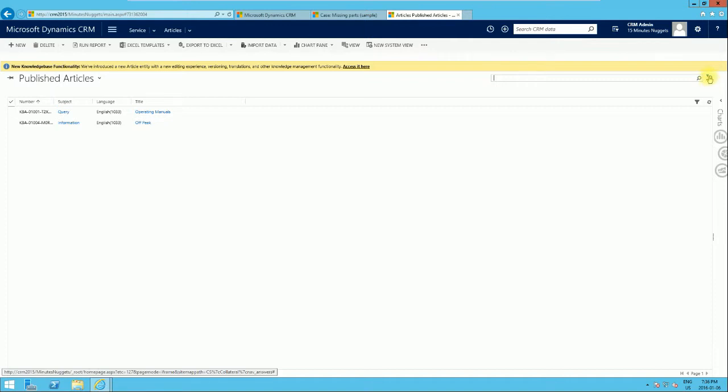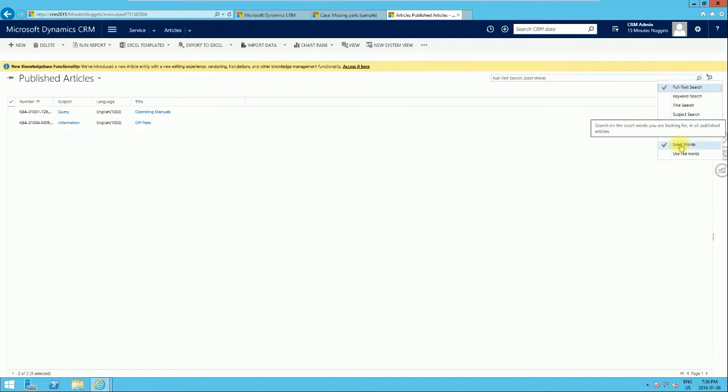But before we do that, you will see the search tools here, so you can click on that. By default, you see that you have full text search selected and also exact words. What that means is it's going to search using full text search. It's going to search every possible field in a particular article, and it's going to try to match your search word or criteria